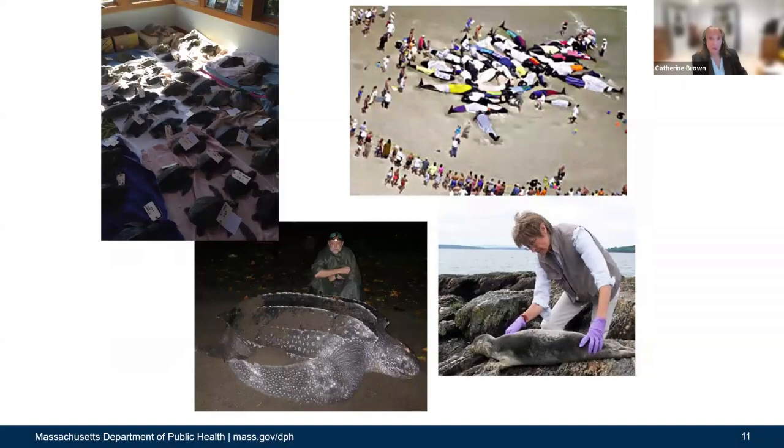And then here's another way that we interact with non-domestic animals. So these are multiple pictures of strandings, right? These are all animals that normally live in water, in the ocean specifically here, and yet under certain circumstances, they may end up on the beach because they're sick, because the water gets too cold and they can't move anymore, and for all kinds of other reasons that we really don't understand.